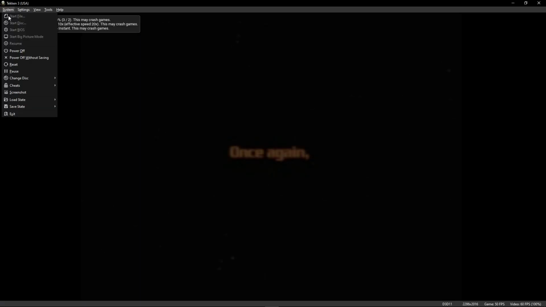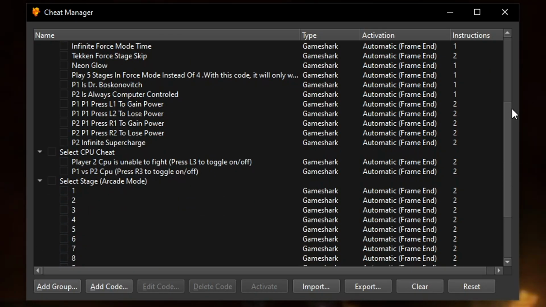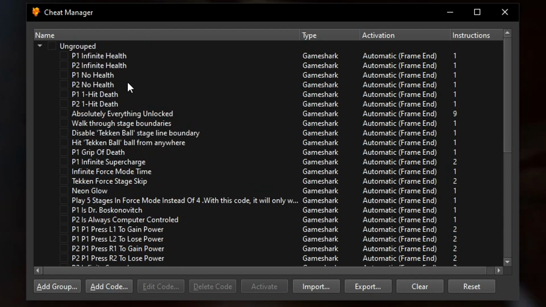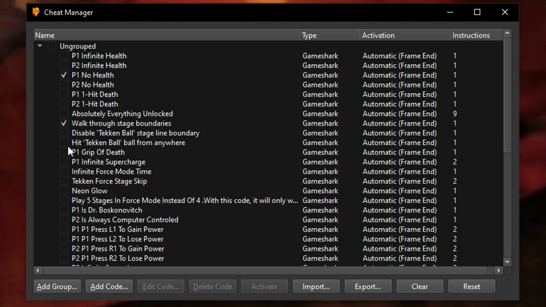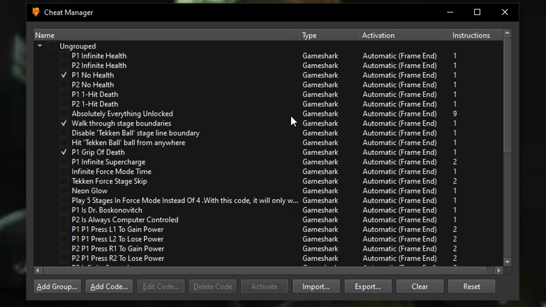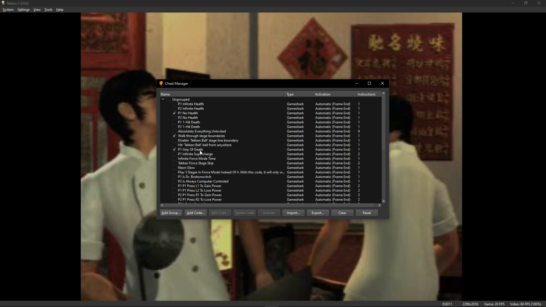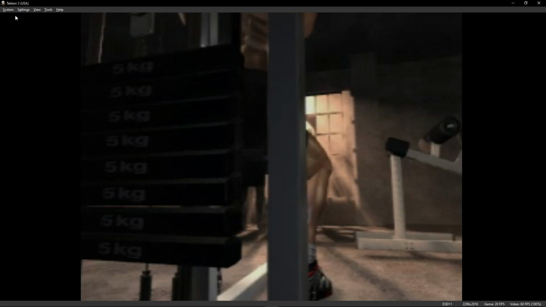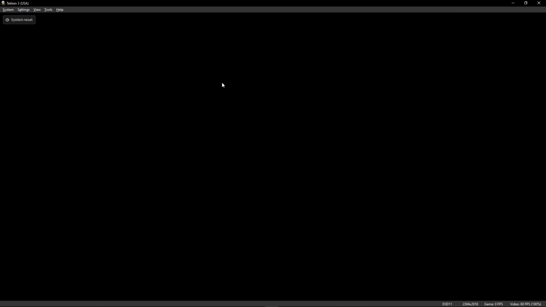Now, once again, click on System, go to Cheats. Now you're gonna click on Cheat Manager. And just like that, it will list all the cheats available for that one game you're currently playing. And to activate them, you just have to click on the little box on the side of them as such. And in some games, the cheats will work as soon as you just click here, but some games require you to restart the game. And that's usually a good idea too, so you don't get any bugs or anything like that. So as soon as you select them, you can just close this and then click on System again and then select Reset. Now the cheats will take place.